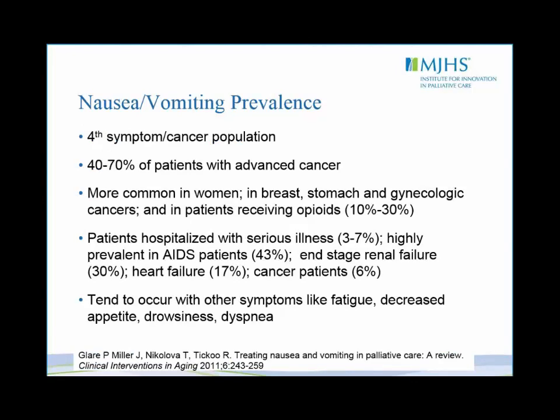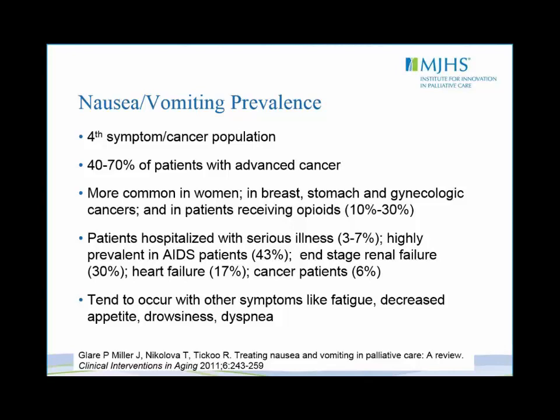Prevalence: as you know, all those symptoms that we are dealing with were mostly studied in the cancer population. We are starting, though, to have more information in other long-term chronic illnesses, and this is what I try to illustrate here. In advanced cancer, we know very well that the closer to the terminal phase we are, the more likely you are to find some nausea and vomiting. Overall it can be only 6%, but the more advanced you are, it can be up to 70% in cancer patients, especially, as you know, ovarian cancer and